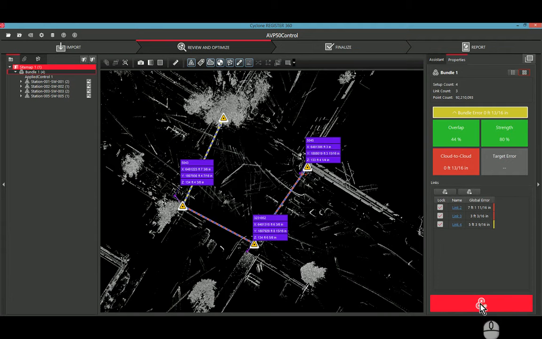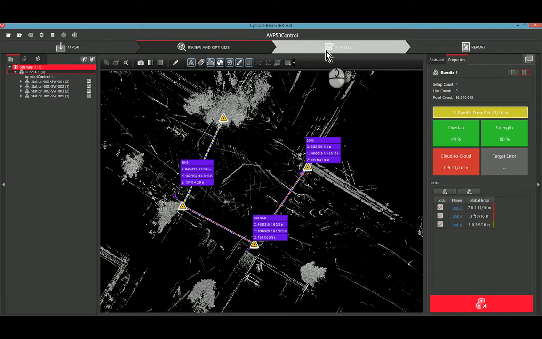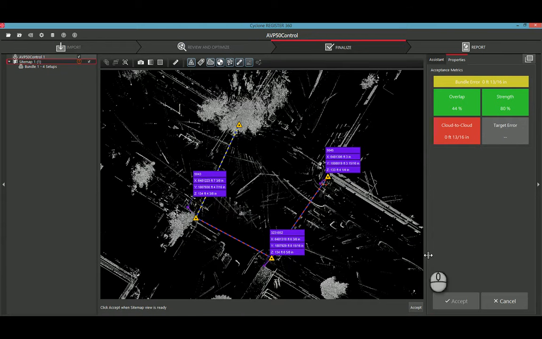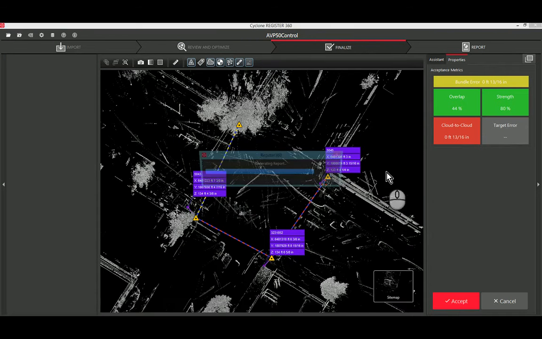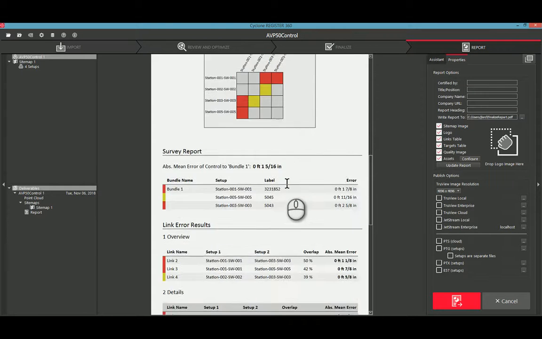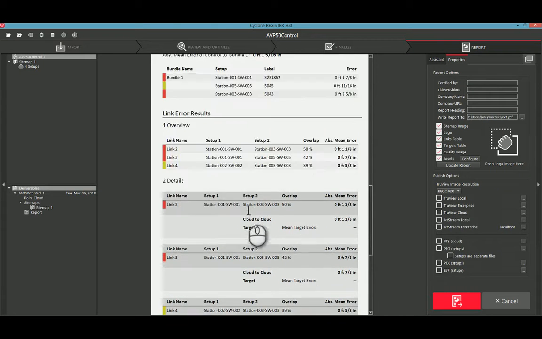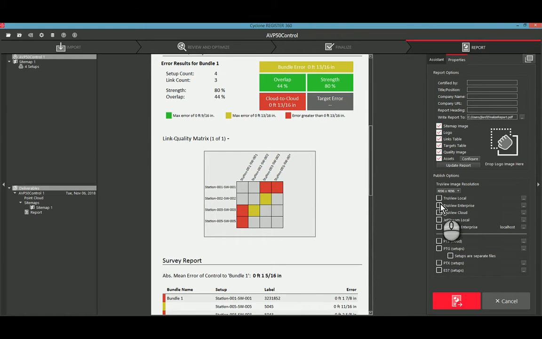So basically, I can now go join and optimize. It'll optimize the bundle, and then I can go to finalize. I can say accept, and then I get this little report here of all my errors and my problems between my links, and here's my graphics and so on. And then from there I can put it out in various formats, so PTS, PTG, PTX, E57, and then you have the Leica ones for Jetstream and TrueView, and then you can put those out as